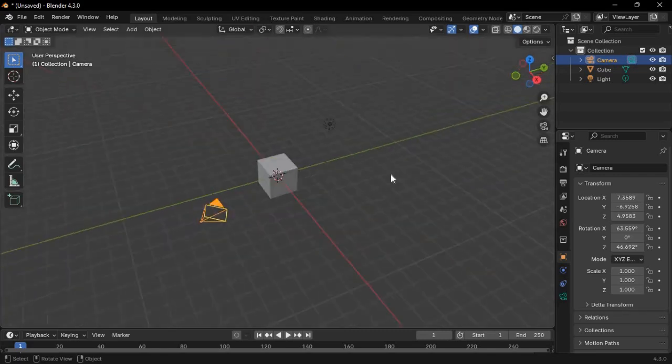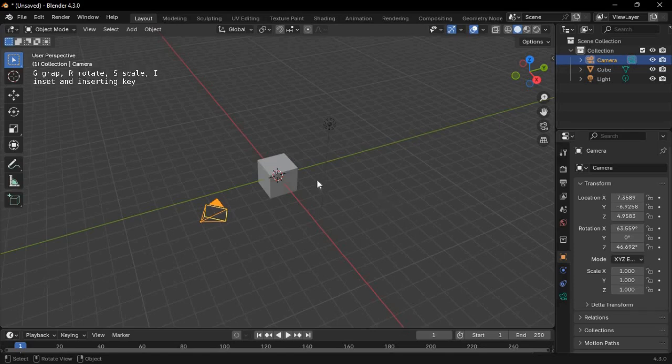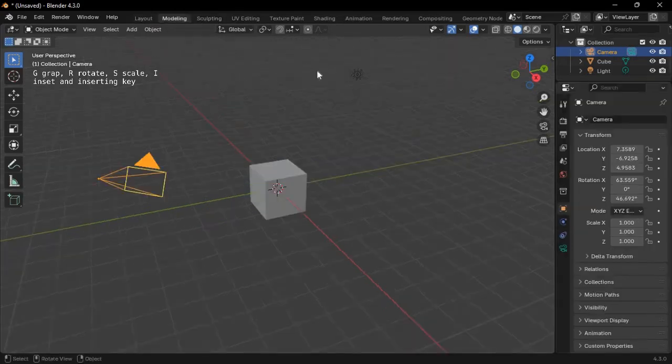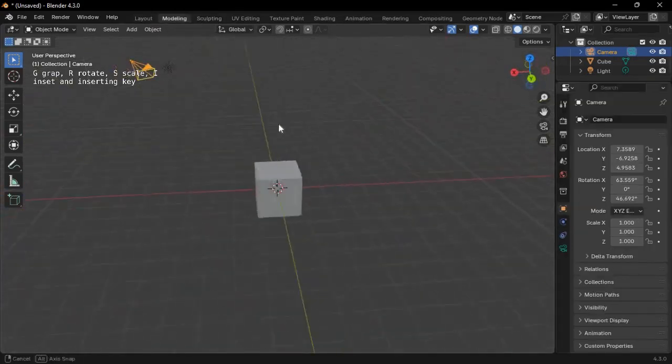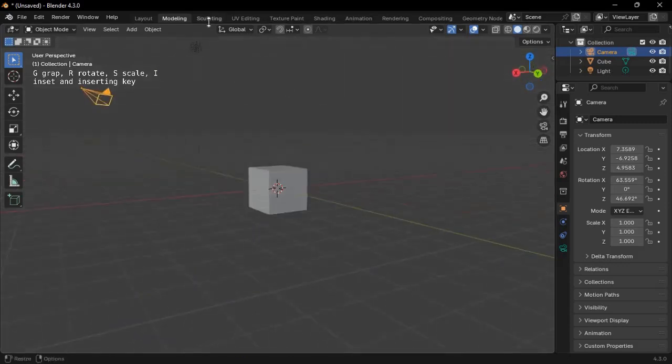For the shortcut keys, I'm going to tell you many more. For me, I'm using a system with the mouse, so I prefer you buy or get a mouse. And this bar here, you can click on this and enter a lot of modes. This is animation, shading, text printing, modeling. Let's go into modeling. If you want to model something, sculpting,